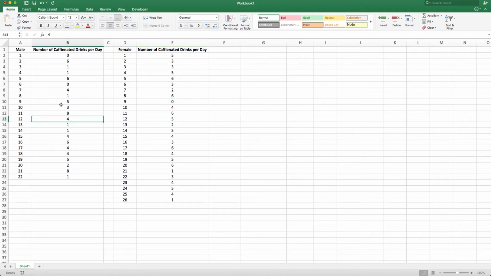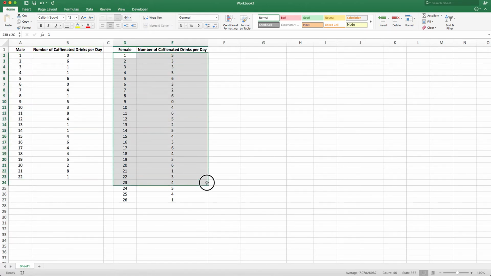I have a data set here that has two collections of data. I have 22 randomly sampled men and the number of caffeinated drinks they consumed per day, and 26 randomly sampled women and the number of caffeinated drinks they consumed per day. We're going to get descriptive statistics based on both of these data sets, and we're going to do this using